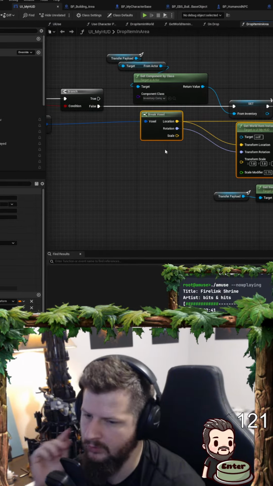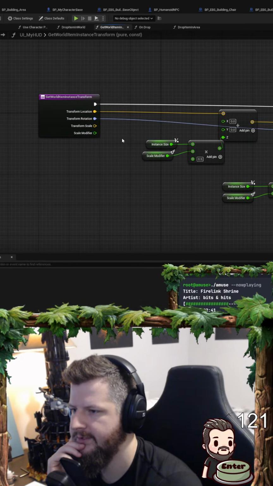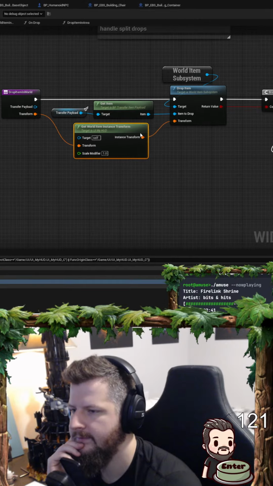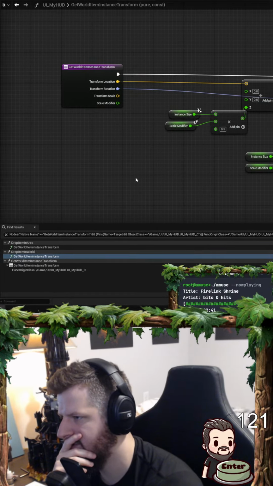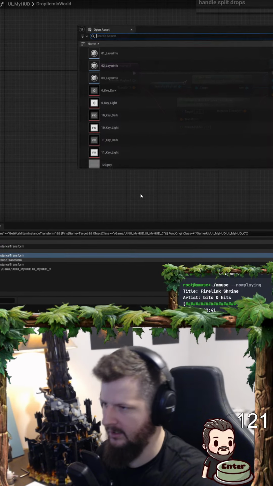And pass in the voxel transform. Get world item transform. Where am I using that from? Oh shit. Okay, that might need to be a static function, and it could be. Yeah, could be. Okay, let's make a